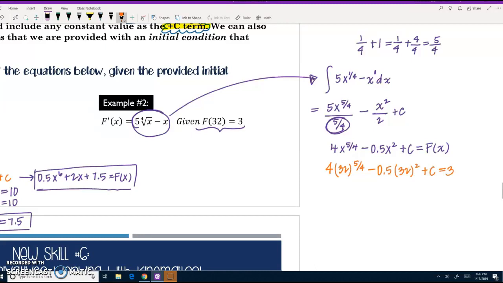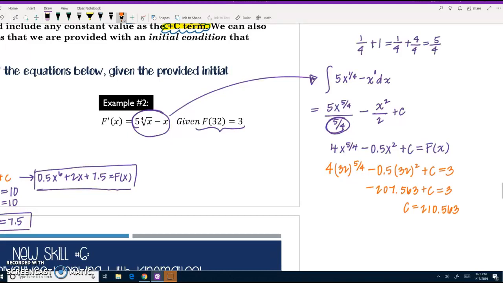We already did one example where we had a nice, clear, exact decimal. We're going to transition this skill into applied work. So I would go ahead and just get a decimal approximation in this case. So when I plug in this information and subtract off the 0.5 times 32 squared, I end up with negative 207.563 plus a constant is equal to 3. So then if I add over that 207, so I'm dividing this by negative 1, and then add that to 3, I end up with